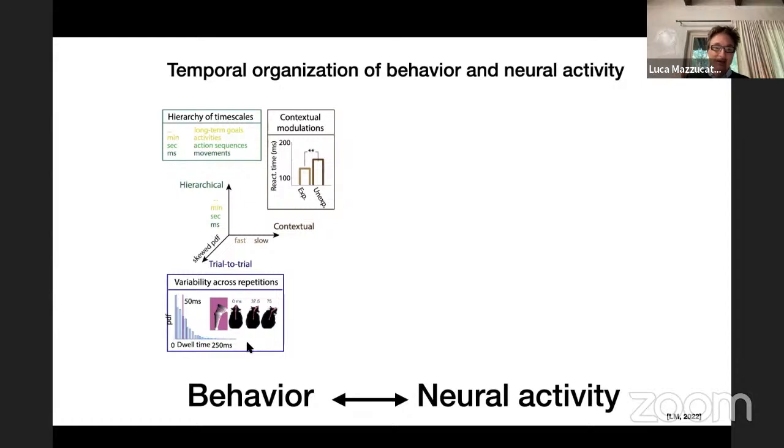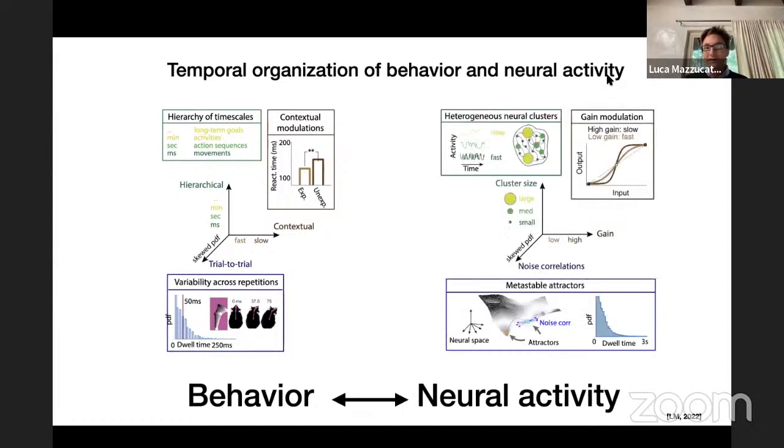The main thing we want to talk about today is the hierarchical structure, such that many timescales are present in behavior at all times. So from 100 milliseconds to seconds to tens of seconds to minutes to hours and years, even for humans. Although we study other directions of variability, which is contextual modulations of these timescales, and how at every level of this temporal hierarchy, there's an inherent stochasticity in behavior that arises, we believe, from metastable dynamics.